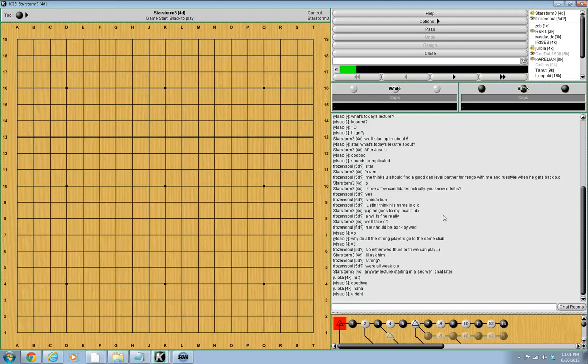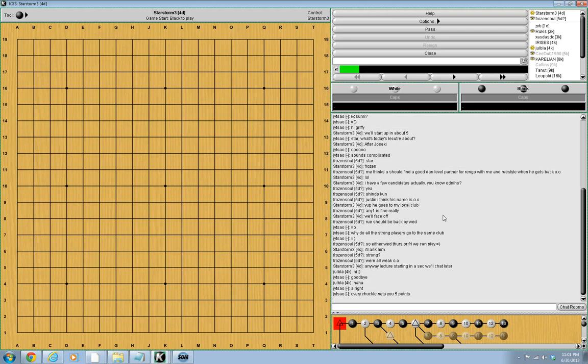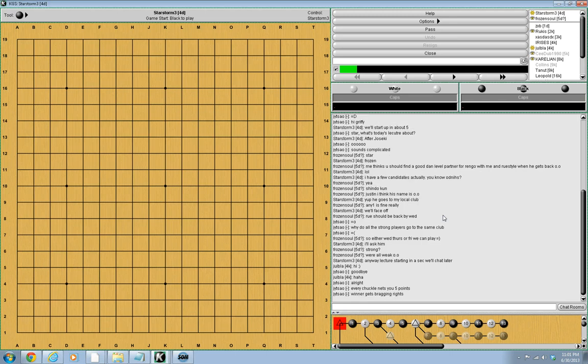So this lecture is, of course, if you read the name, going to be on what comes after Joseki. It's not really that difficult once you reach a certain strength to look at a sequence of 6 or 7 moves, play them out against an opponent, and then say, "Haha, I've just played a Joseki." But